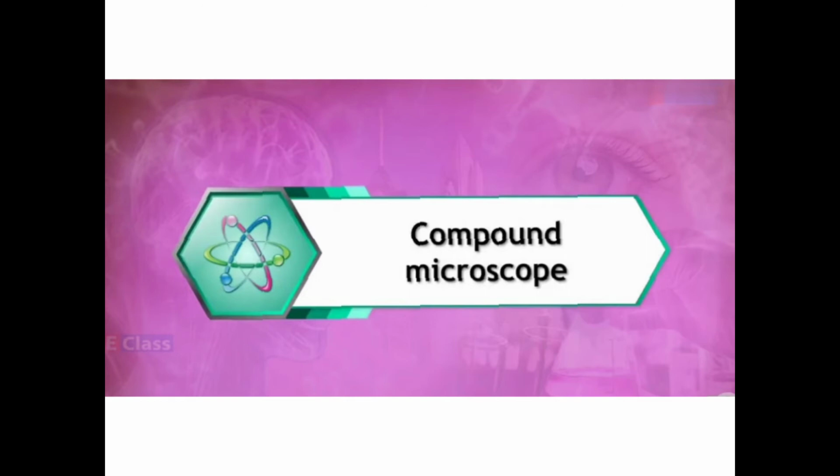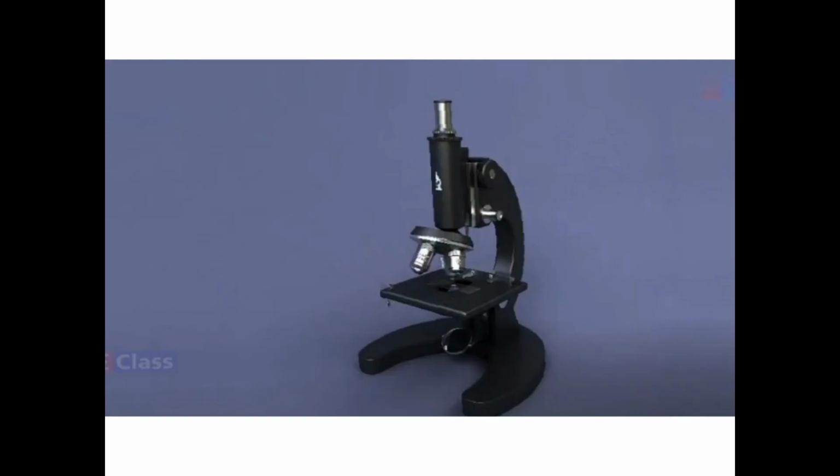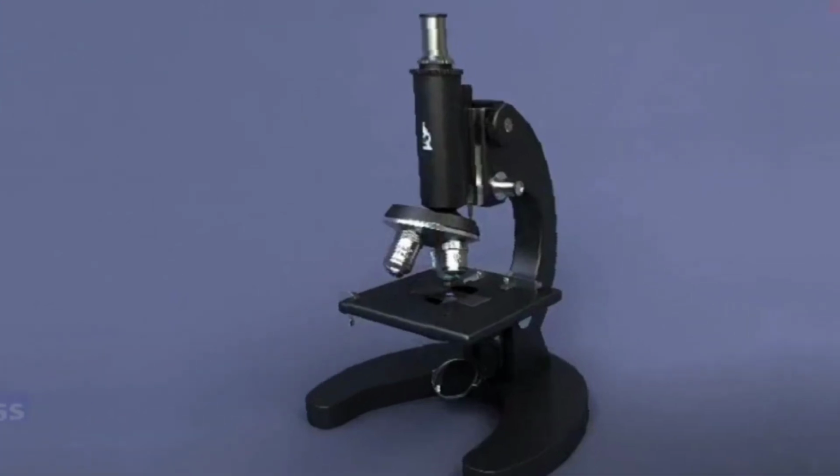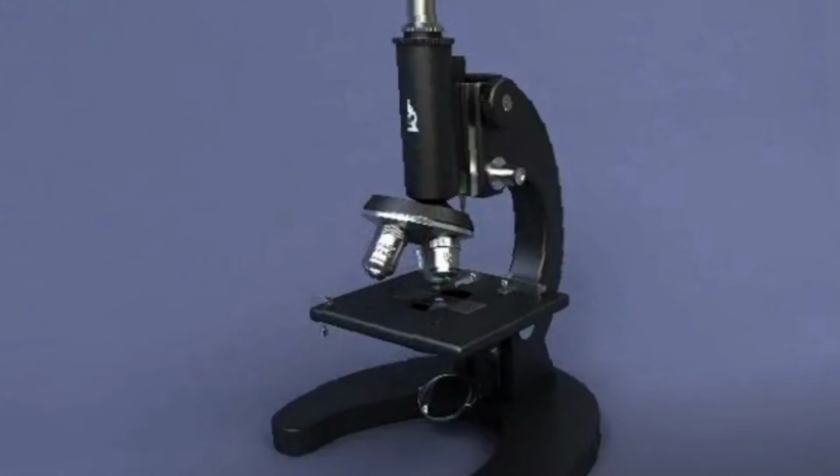Correct. So this compound microscope is having two convex lenses in it. Children, one is the objective and one is the eyepiece. Children, if you remember, here Miss used to keep the slides. The slides are kept here, right? So here you have the lens. This is called the objective lens. It is near to the object, na? So, objective lens.